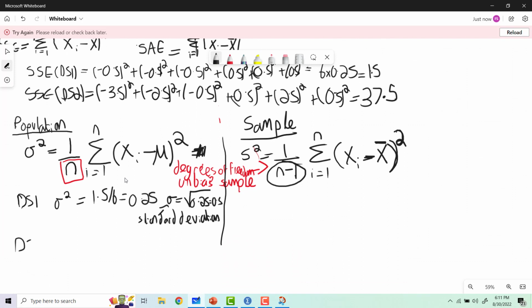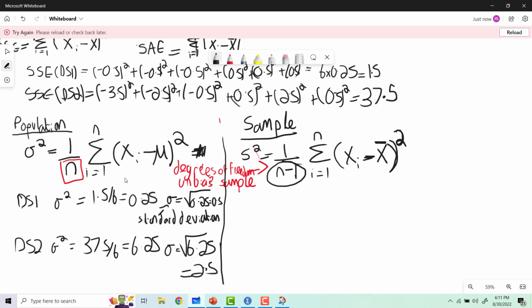And for data set 2, sigma squared is equal to 37.5 all over 6 equals 6.25, and sigma is the square root of 6.25 equals 2.5, which comes out beautifully. Wouldn't usually expect that. And if we were assuming that this was just sample data,